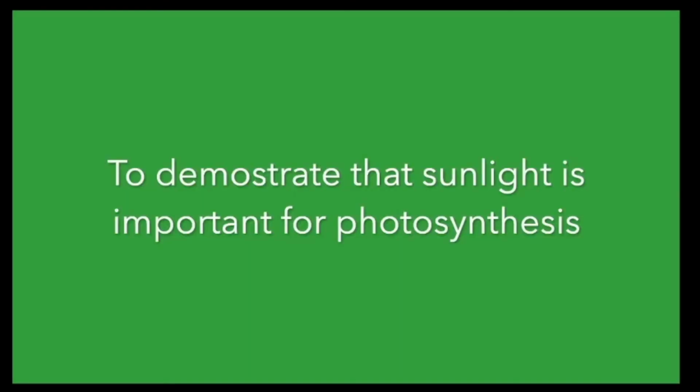Now, after these two activities in your textbook, they have asked you if you can design an experiment for testing the importance of sunlight, okay, in the same way. What they mean is using the iodine test and destarching, those three common steps that we earlier talked about, can we design an activity to demonstrate that sunlight is important. So here is one activity or experiment that we can do to demonstrate that sunlight is important for photosynthesis.